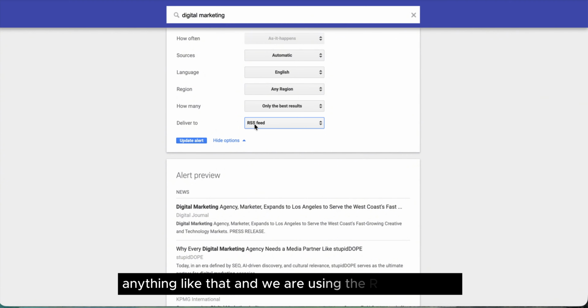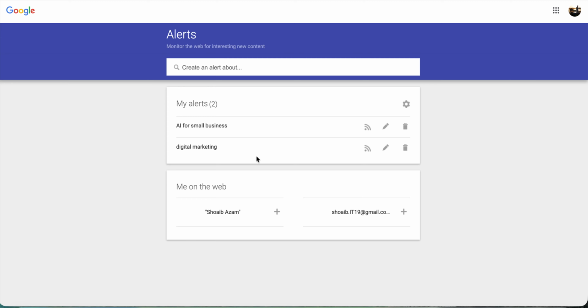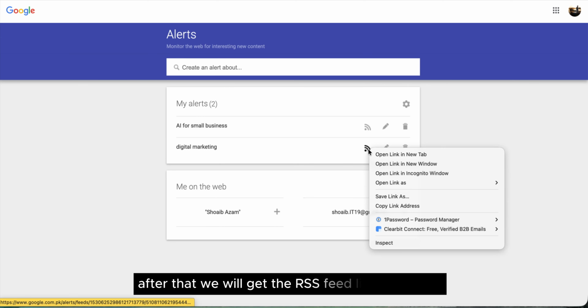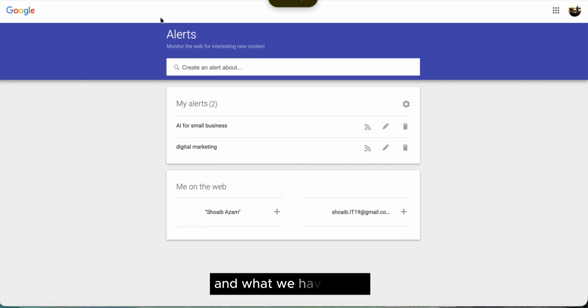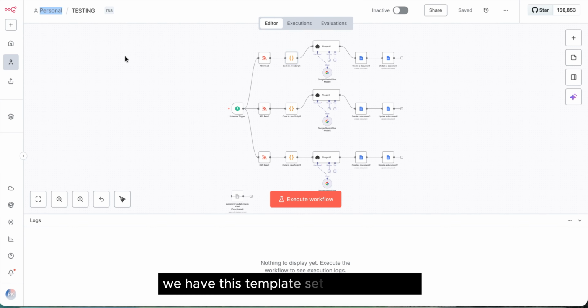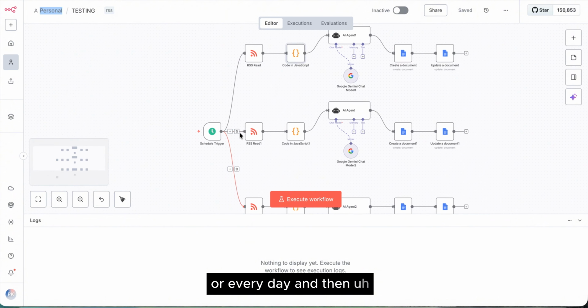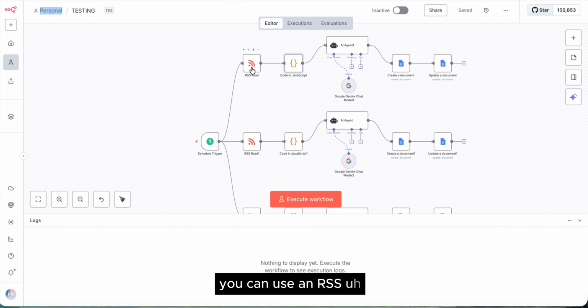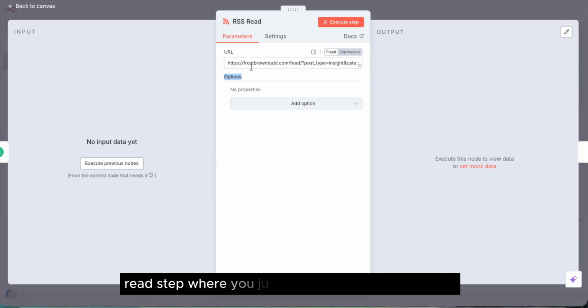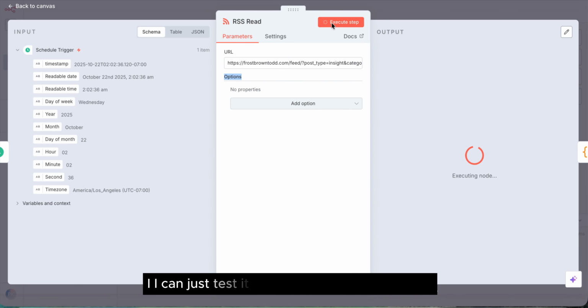And we are using the RSS feed here. After that, we will get the RSS feed link from here. And what we have to do, we have this template set up here in N8N. You can create this very easily. Like you just have to schedule a trigger once a week or every day, and then you can use an RSS read step where you just have to put the URL,